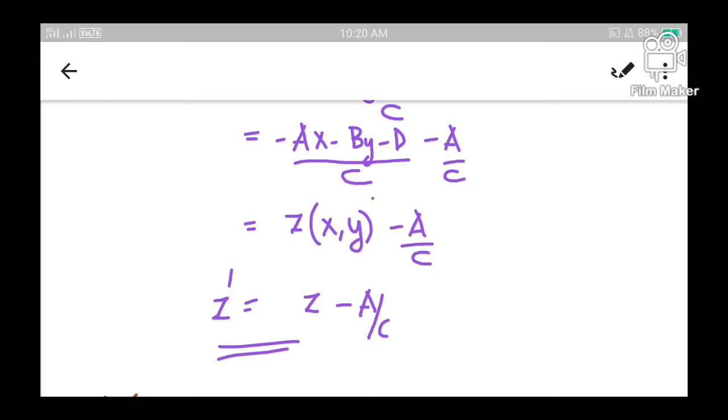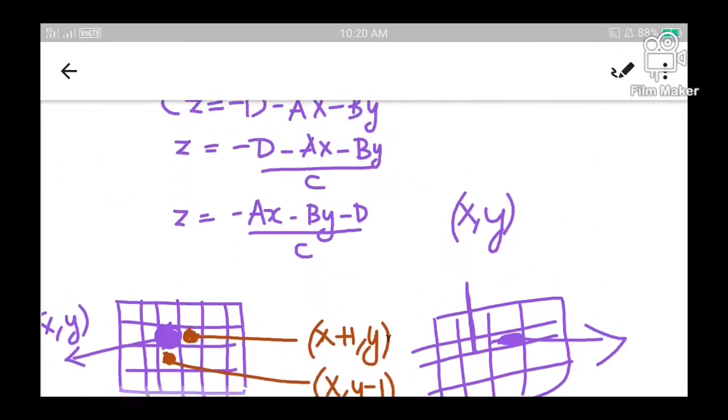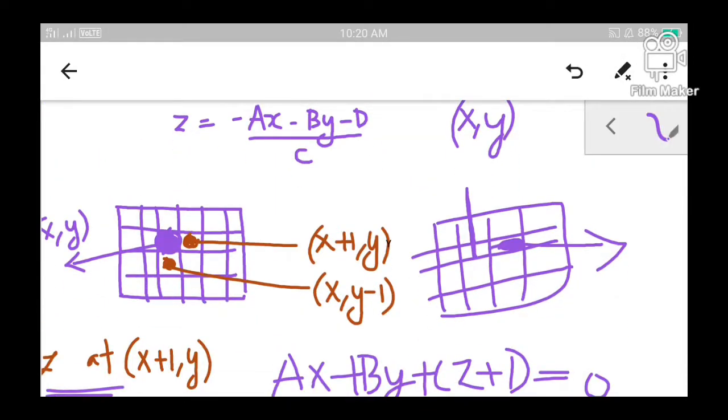Now how to move from the current row to the next row? We only know how to compute the z value of a current pixel and the z values of all the pixels in the same row. What if we are moving on to the next row? Let us see that too. Suppose we are going to find the depth of a pixel which belongs to the next row.